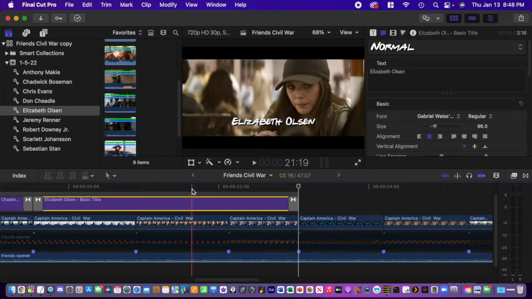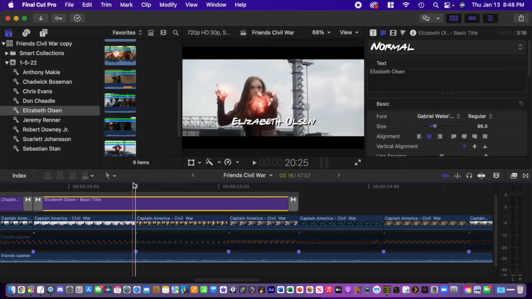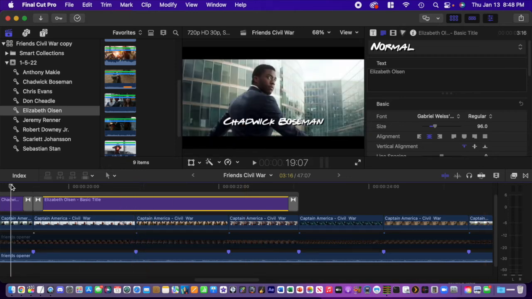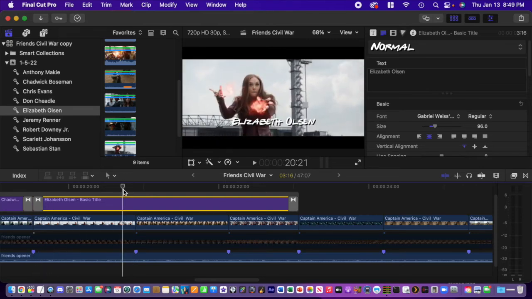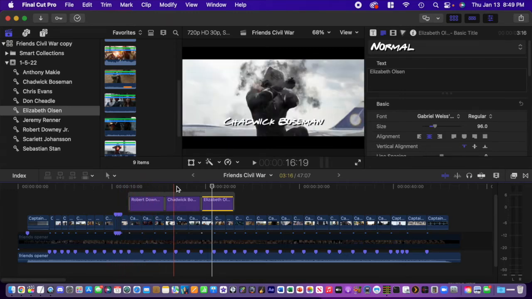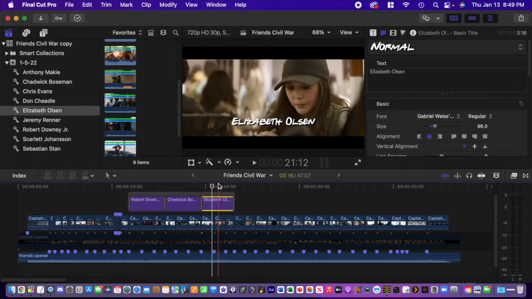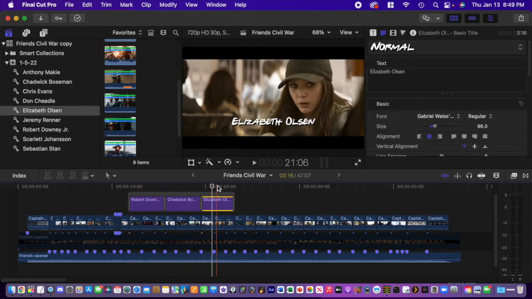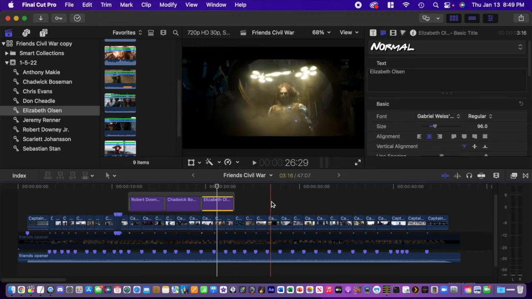You'll add new lines. But now this is Elizabeth Olsen, and snapping will be off for a second, and you'll see the transition from Chadwick to Elizabeth Olsen. And I'm going to Shift Z to make it all fit, and it should look like that. Okay, and we're going to do the same thing over on the next group, and that starts somewhere